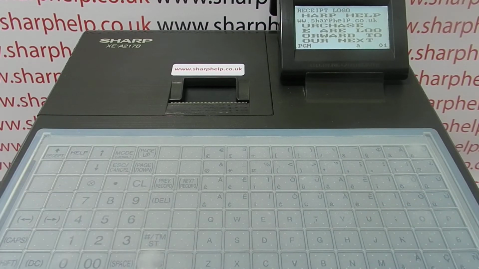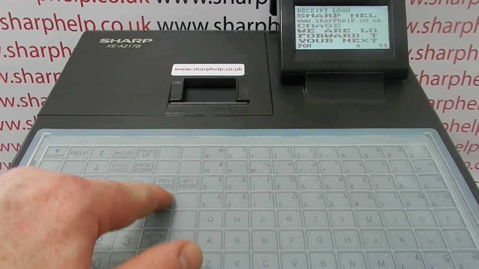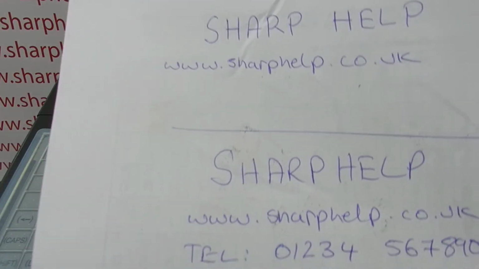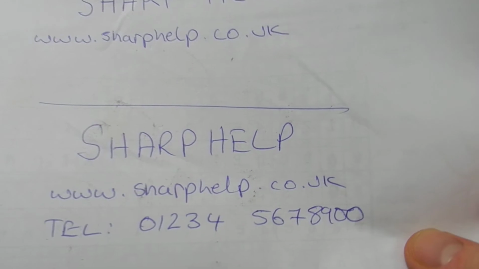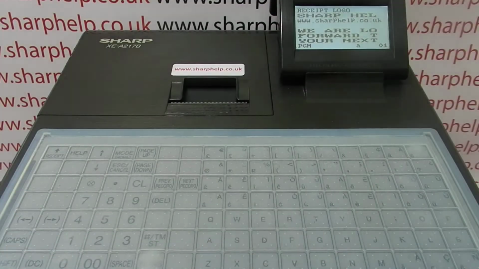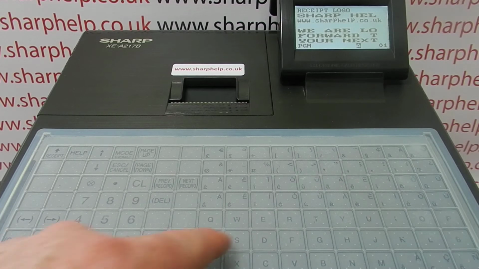I can now arrow down, cursor across, delete all of this line, and on this line I'm going for the phone number. So I've got caps TEL and then a made up phone number. Please don't call this phone number. So caps TEL,